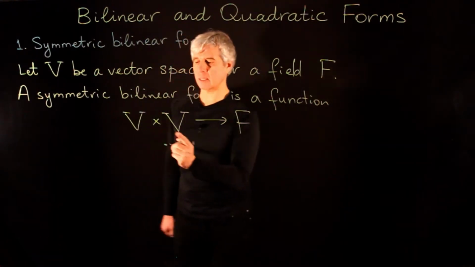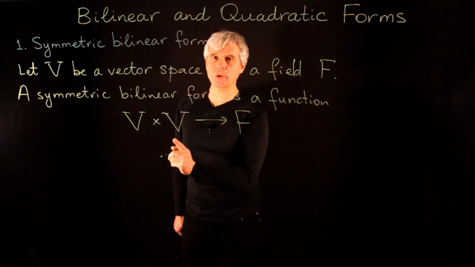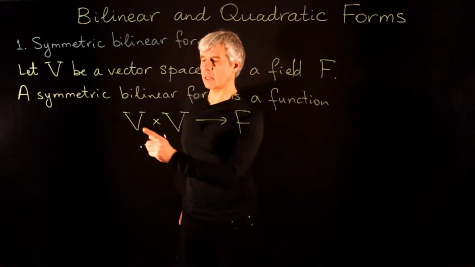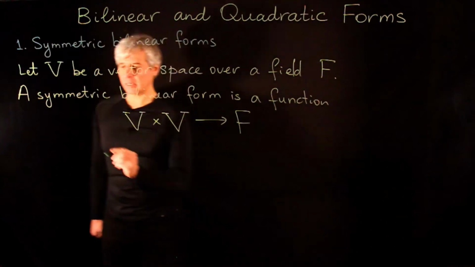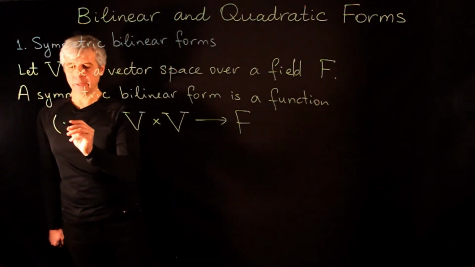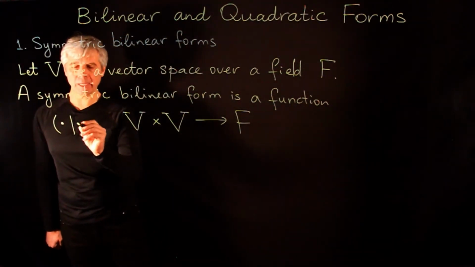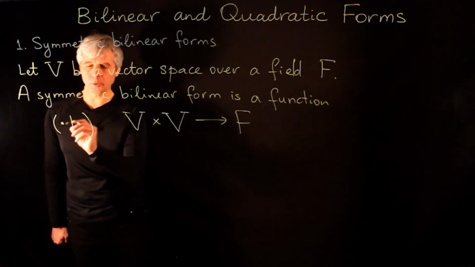So this means that the bilinear form is a function of two arguments. Each argument belongs to our vector space, and we will denote bilinear forms by round brackets. And so here we put arguments